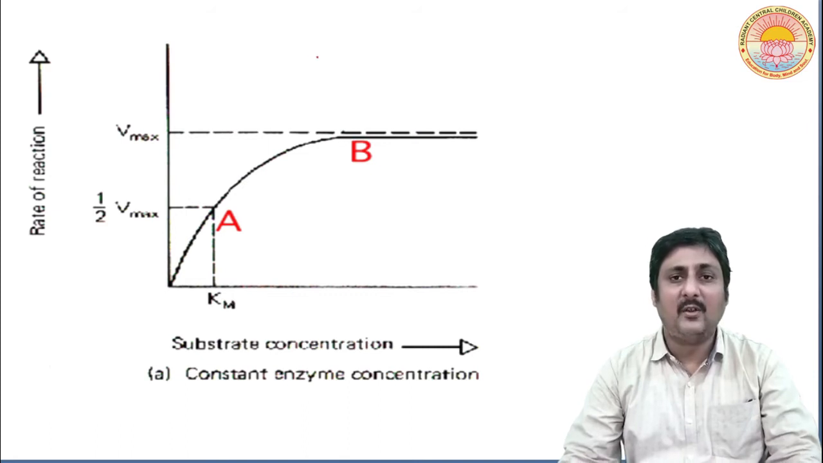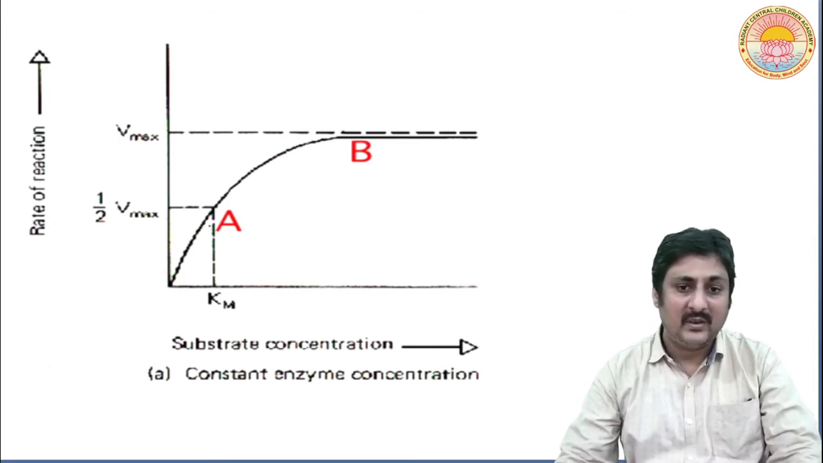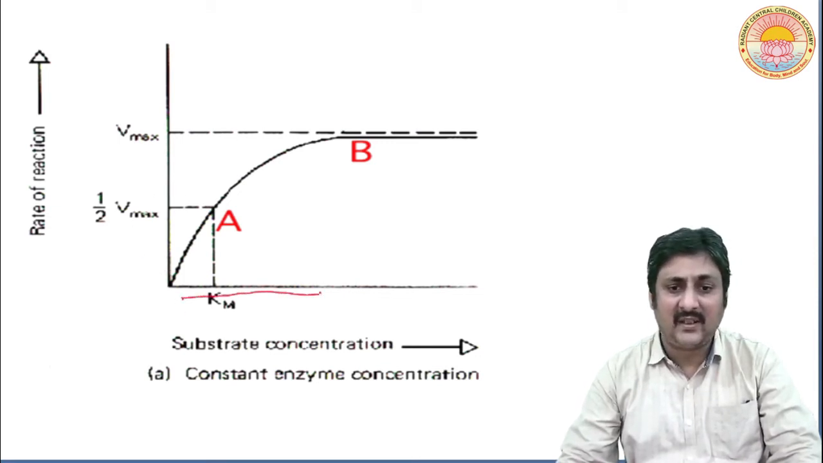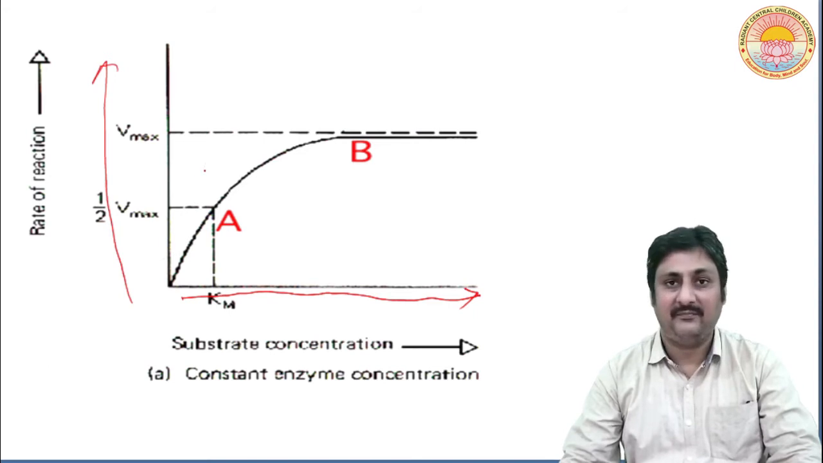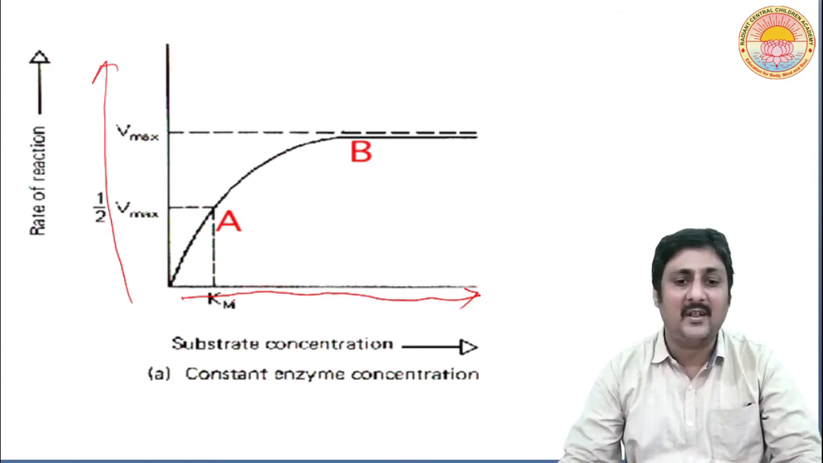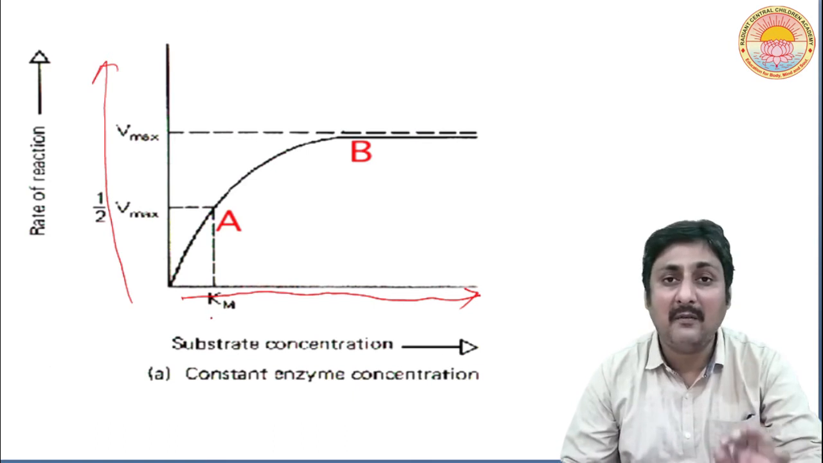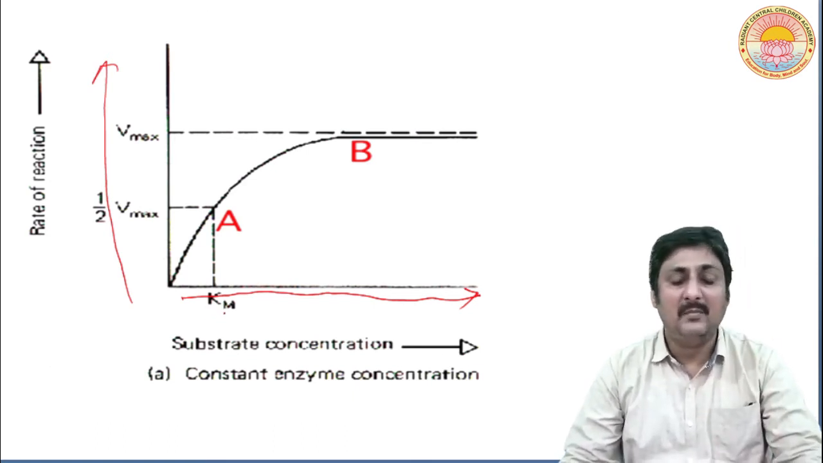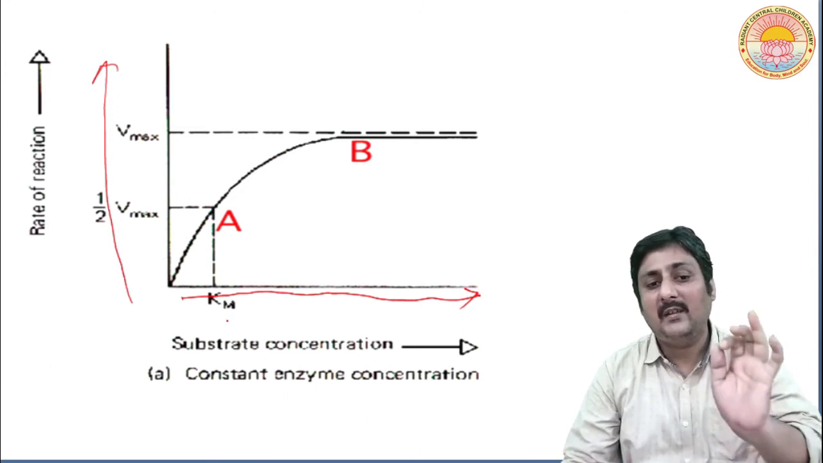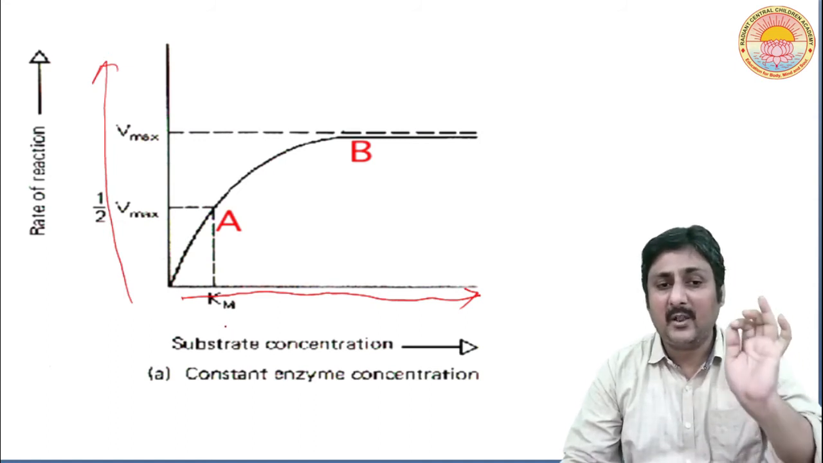Now you see the effect of substrate concentration on the activity of enzyme. In the x-axis we have taken the substrate concentration, in the y-axis we have taken the rate of reaction. Now if you keep on increasing the substrate concentration, at a particular substrate concentration, the rate of reaction will be Vmax upon 2, that is half of the Vmax value. Let me tell you, Vmax is a term which we use when the rate of reaction is highest